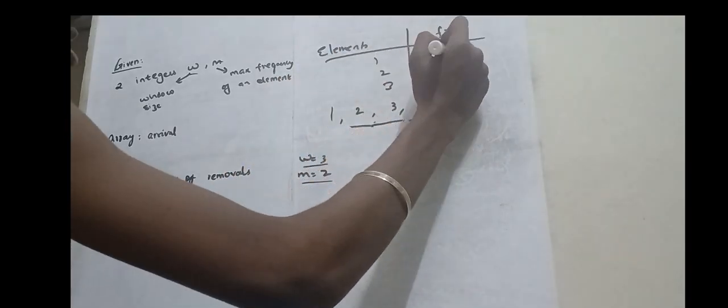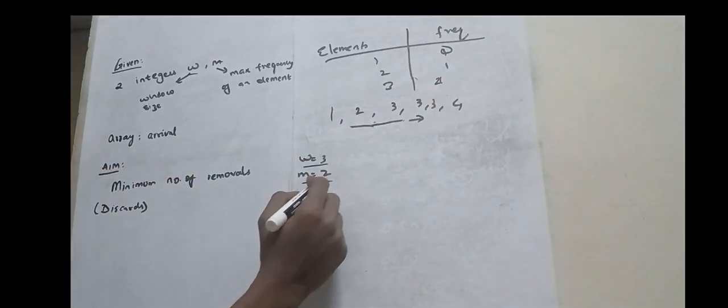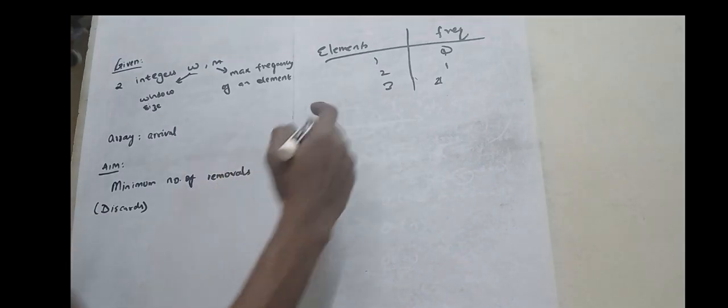So now 2, 3, 3 is that. 1 is 0 right now. 3 is twice. So again it meets the constraints. 3's frequency is 2. It's under the constraints only. Now when you reach